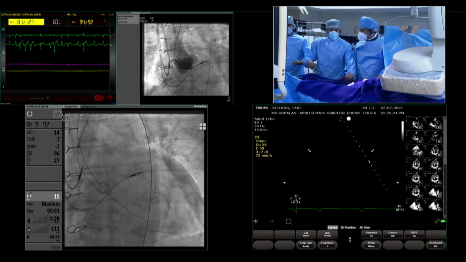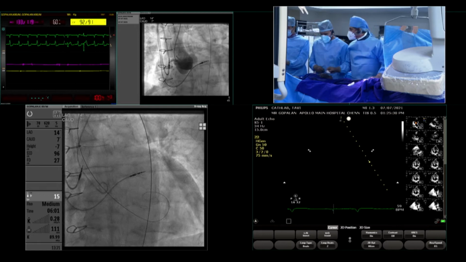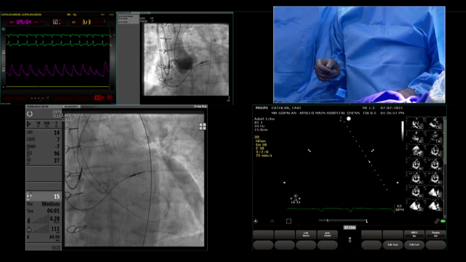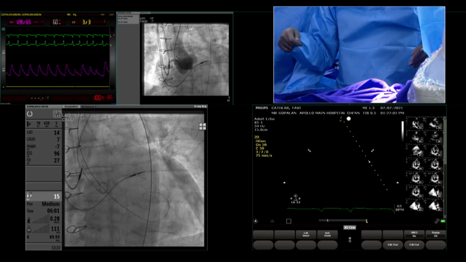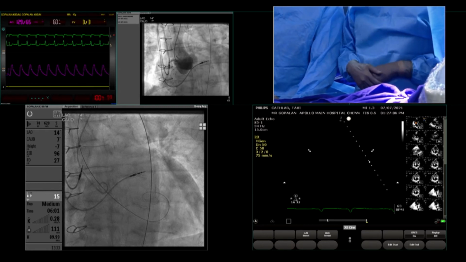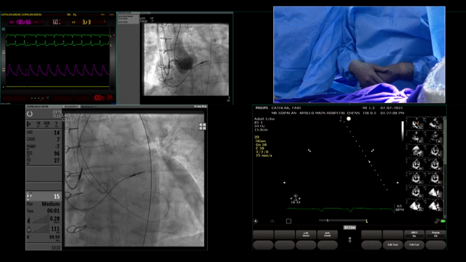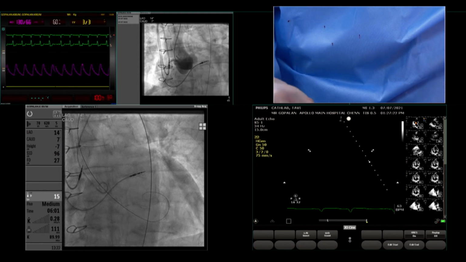So we are going to check the pacing before we do the valve implantation. So we are ready with the valve. We'll check the valve, and before that we will keep the catheter. We need to monitor the arterial pressure. Once we have the valve, we won't be able to get some pressure, so I'm doing a small injection on the right groin.